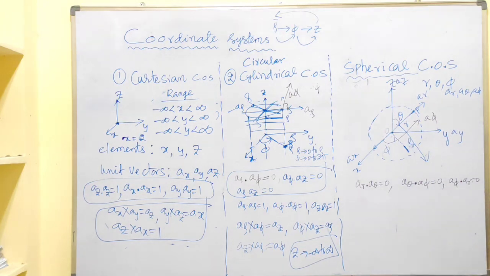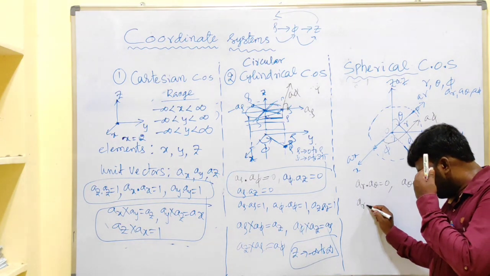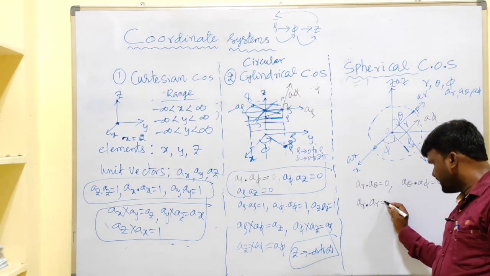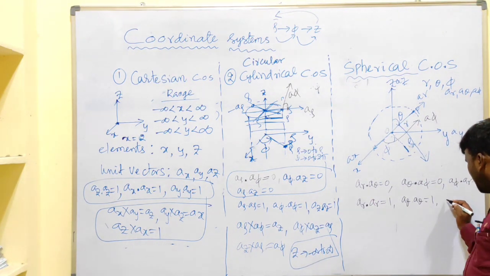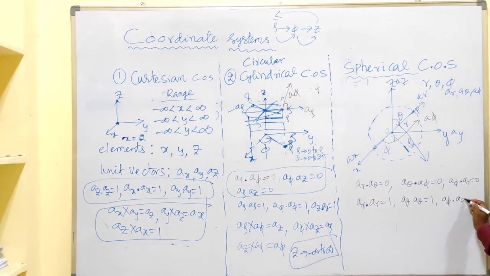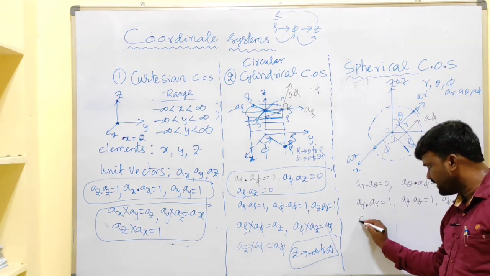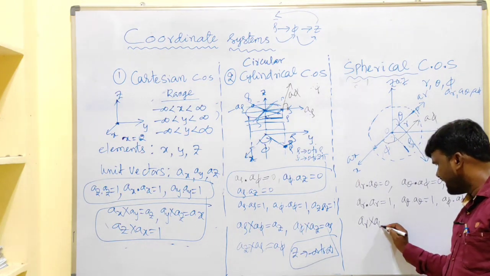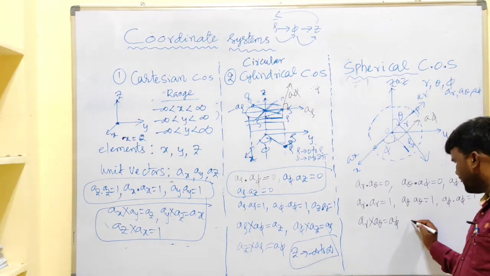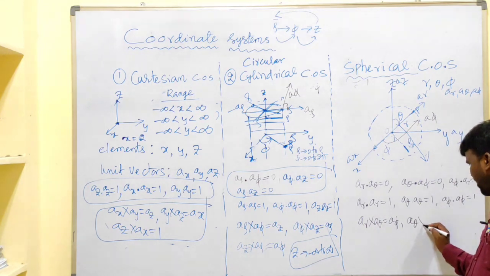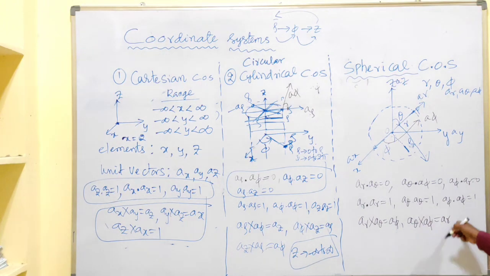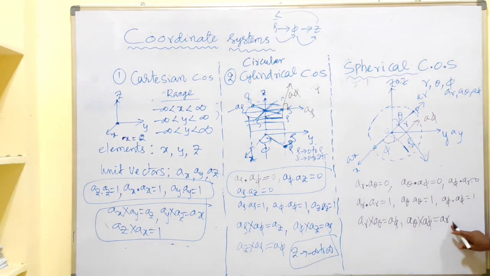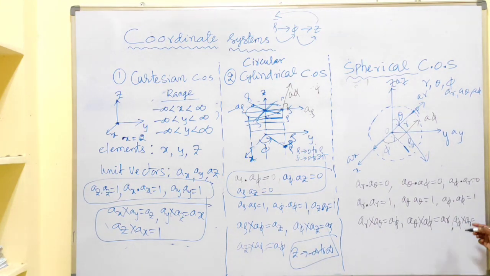Now take the dot product of the same unit vectors: AR dot AR is 1, A theta dot A theta is also 1, A pi dot A pi is also 1. Now take the cross product: AR cross A theta gives A pi. Next, A theta cross A pi gives AR, that is, second and third gives the first one. And the last one, A pi cross AR, that is third and first gives